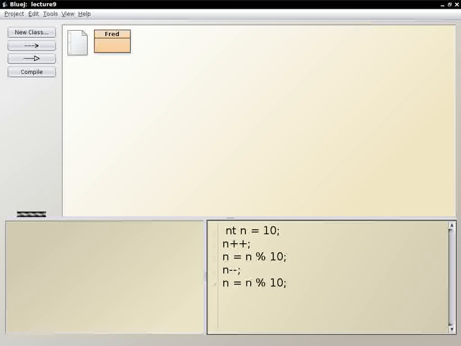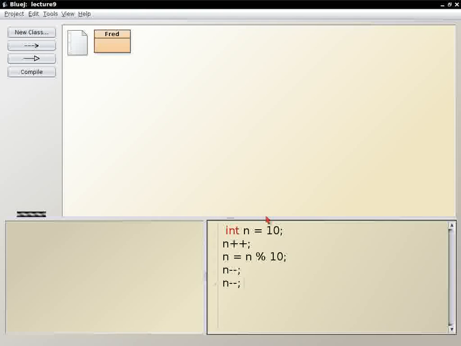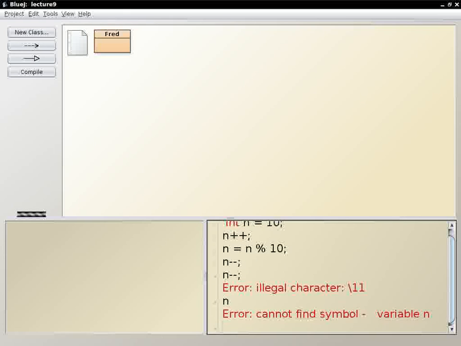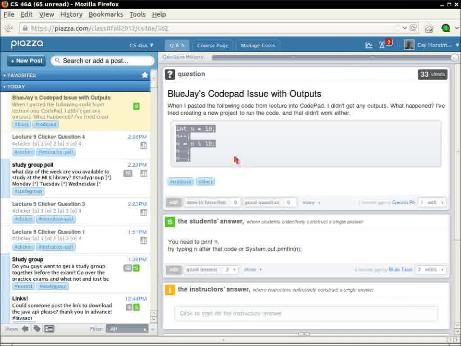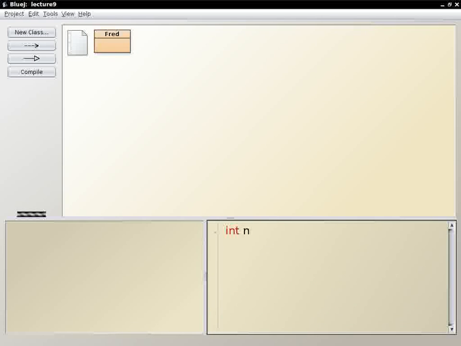I'm not going to type the whole thing in. What you want to do in this case is type n. Now, it doesn't know what n is because it somehow picked up a bad character. So the point, though, is that if you wanted to see what the value is, you type n. I'll do it for a simpler example. So int n is 10, n plus plus, and now I just type n, and there you get it.